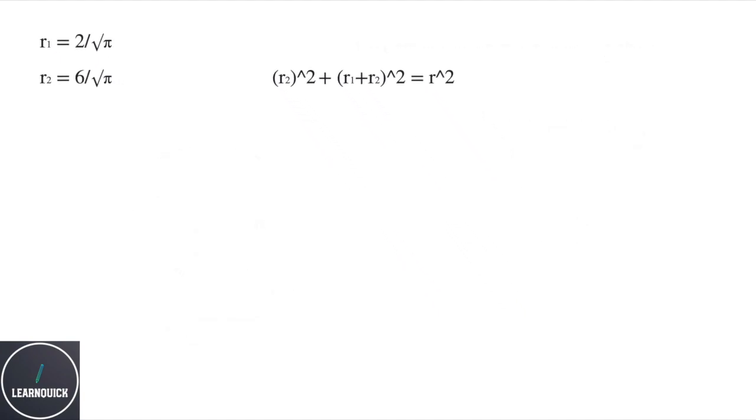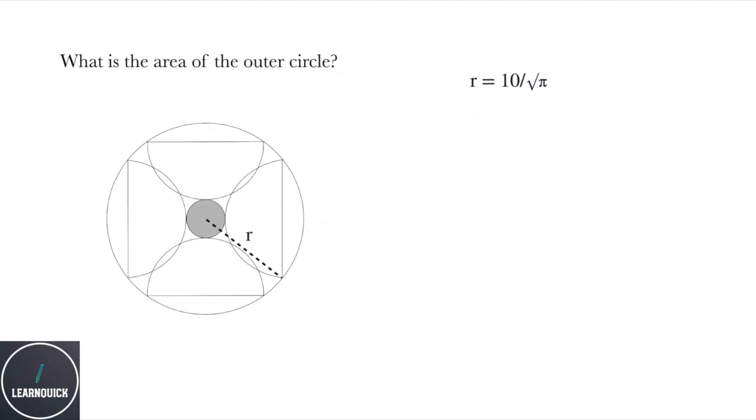So now let's substitute our values for r1 and r2 into this. And this gives us R squared equals 100 over pi, meaning that the radius of the big circle is 10 divided by root pi. So now all that's left is to put this into the area of a circle, which is